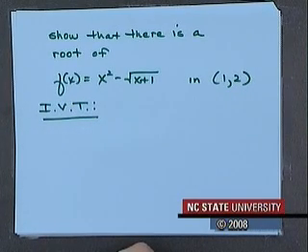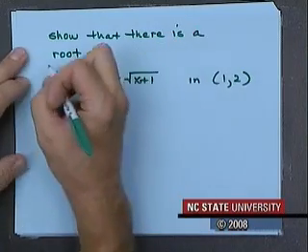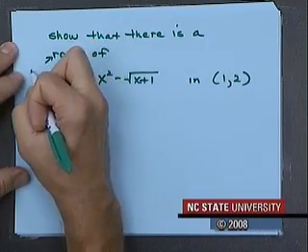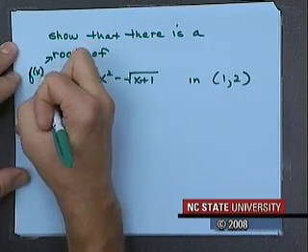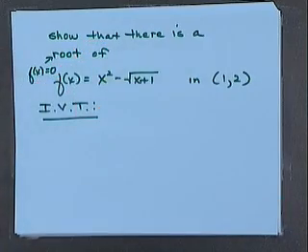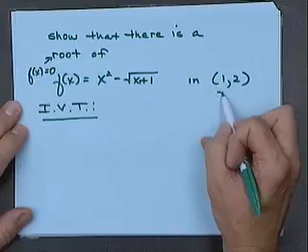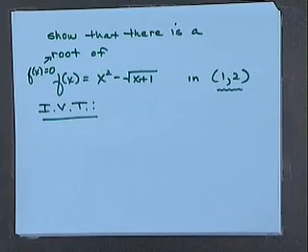What's a root of a function? It's 0. The y value is 0. So we want to show that the y value takes on 0 somewhere as x goes from 1 to 2. So over this interval,